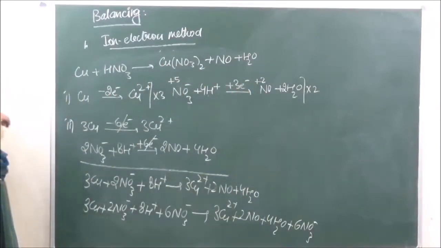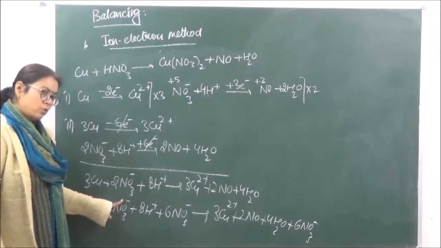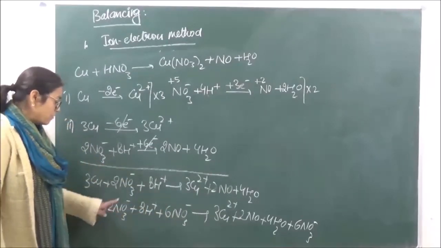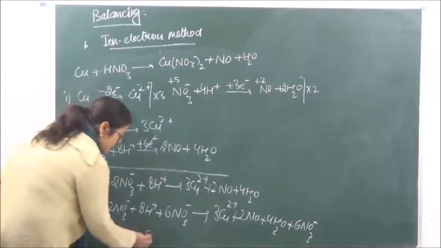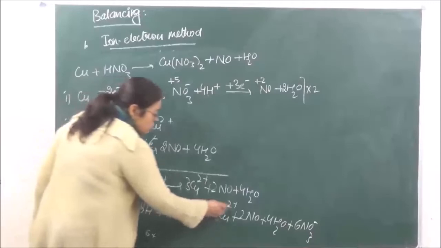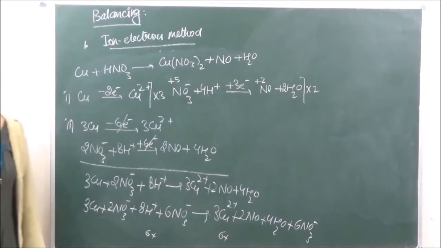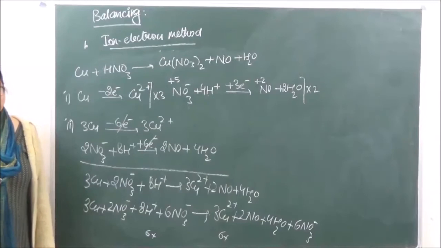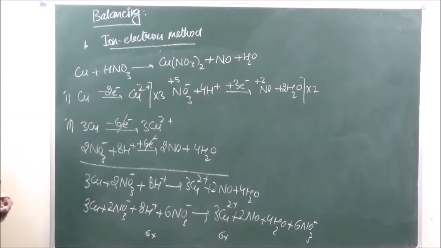Now you also have to see in the final equation that the number of charges on both the sides should be same. So if you look at negative charges over here, there are going to be 2 negative charges. इसको रहने दो because ये दोनों साइड वैसे ही cancel हो जाएंगे charges. So we have 2 negative and 8 positive. So 8 minus 2 will become equal to 6 positive charges on the left hand side and 3 2s are 6 positive charges on the right hand side. Number of charges should also be same. ठीक है? Is it clear? So this is how you will balance. Now let's balance another one by ion electron method.